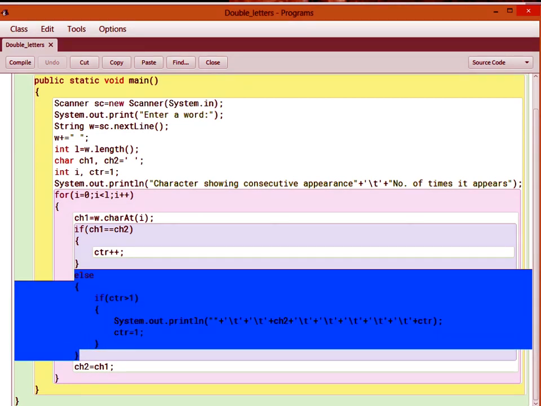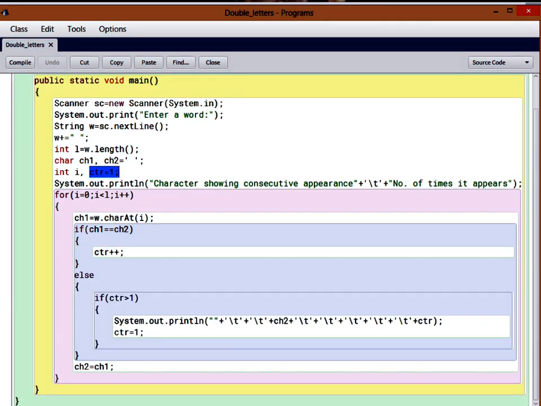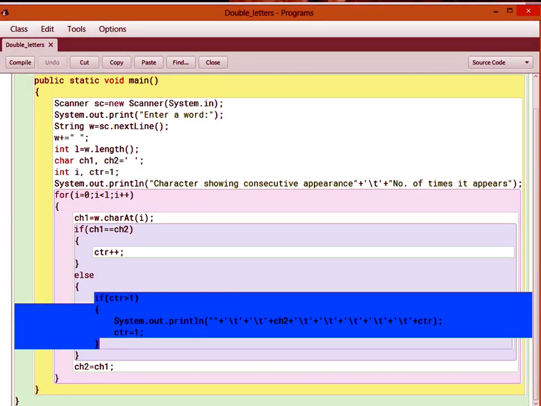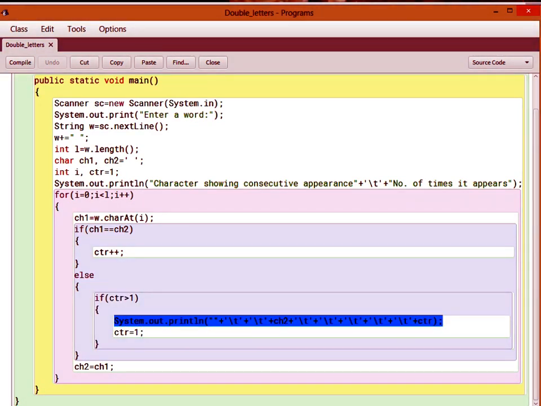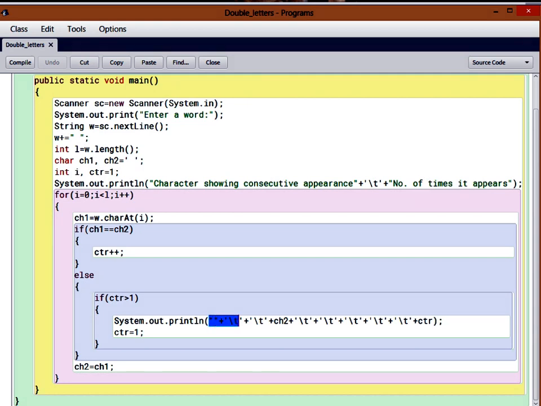After that, in the else part, what are we doing? In the else part, we are checking whether the counter is more than 1 or not. The counter is initialized to 1, and if it is incremented at least once, then it will be more than 1. So if it is more than 1, then we will first print a space with some tabs, and these tabs we are giving for a columnar display.